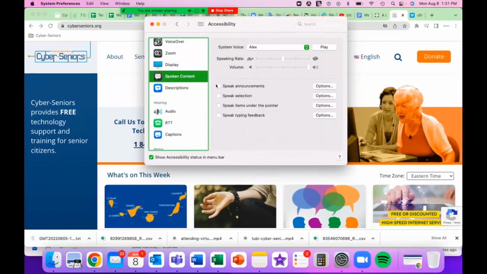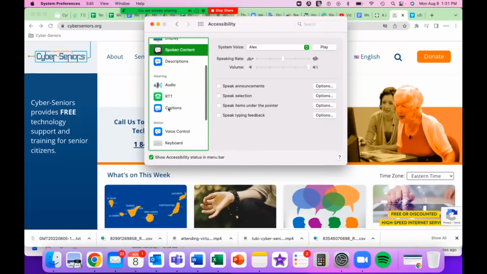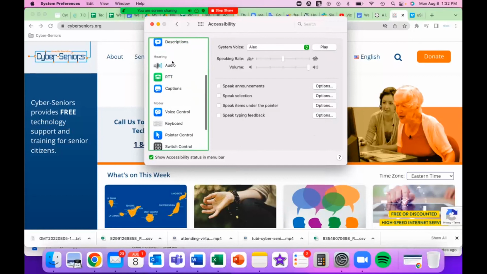You can choose whether you want it to speak announcements, speak items under your pointer. In that case, if you were to hover over something, it would read it out to you, and other options as well. And I'm just going to skip forward a little bit so that we can see a few of these other ones before we go into breakout rooms. If we go down to audio,